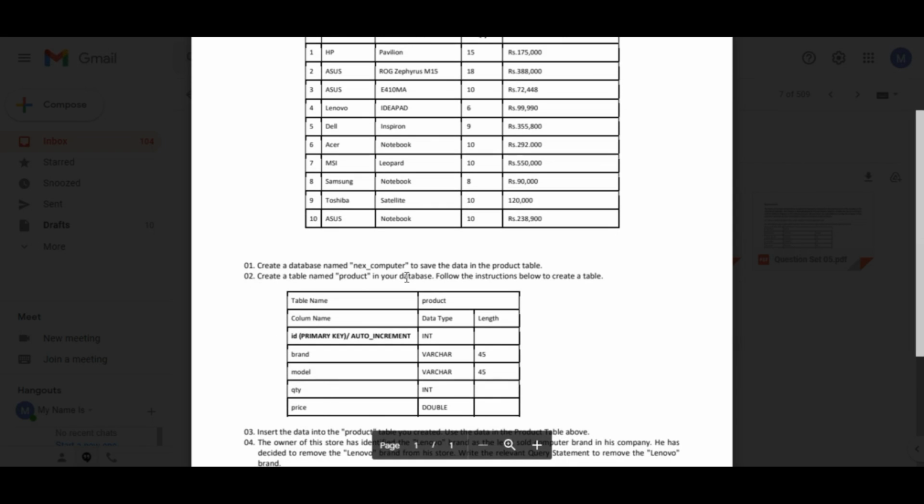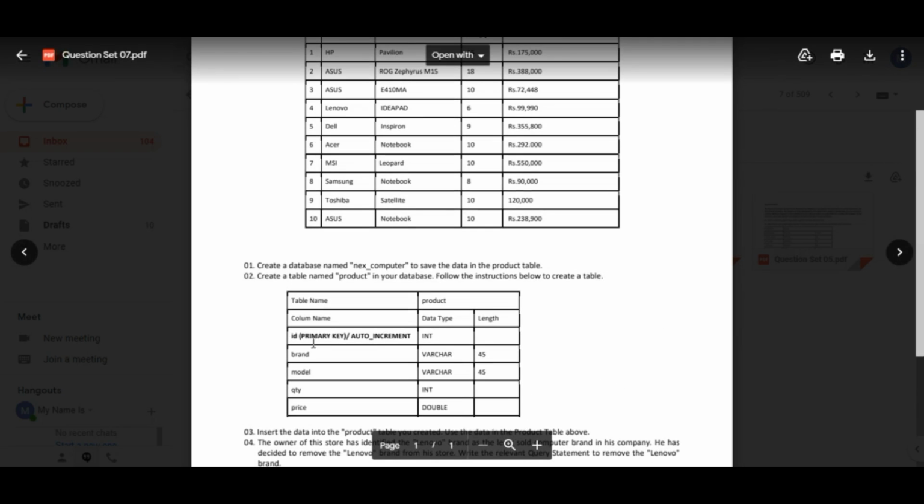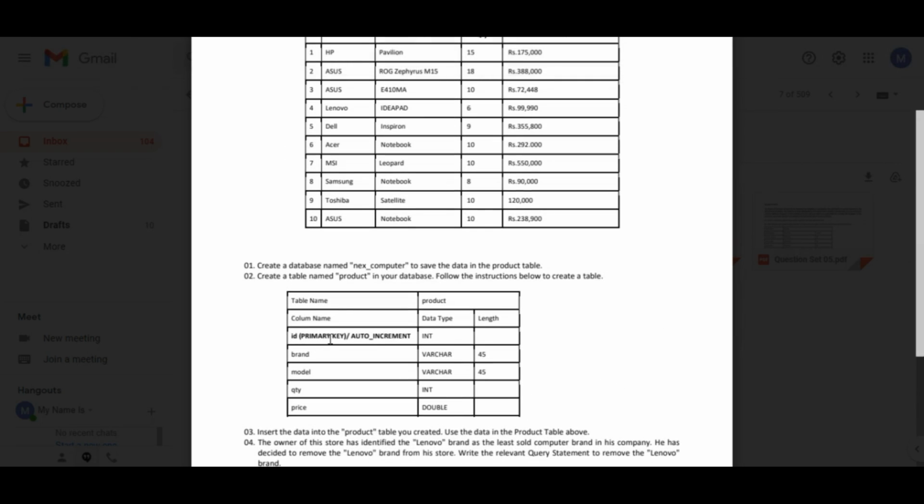And the first requirement is create a database named Next Computer to save the data in the product table. And the second one is create a table named product in the database and follow the instructions below to create a table. So the instructions are, there are 5